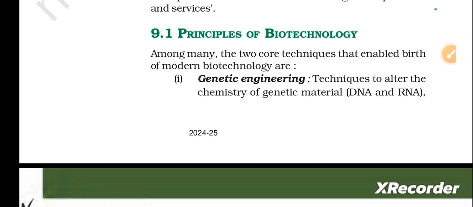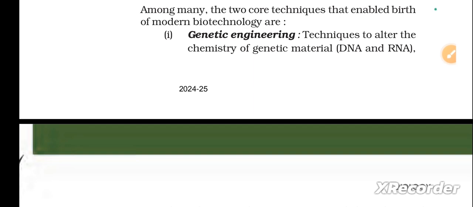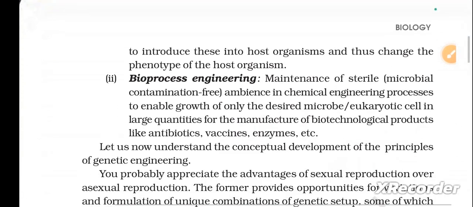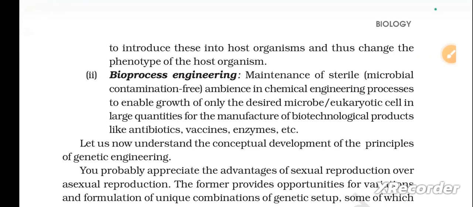Next, 9.1 Principles of Biotechnology. Among many, the two core techniques that enabled the birth of modern biotechnology are: first one, genetic engineering, techniques to alter the chemistry of genetic material, DNA and RNA, to introduce these into host organisms and thus change the phenotype of the host organism. Second, bioprocess engineering, maintenance of a sterile, that is, microbial contamination-free ambience in chemical engineering processes to